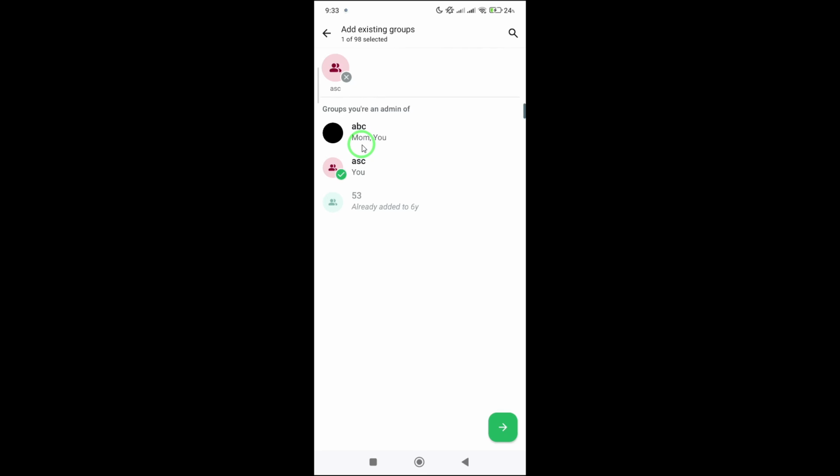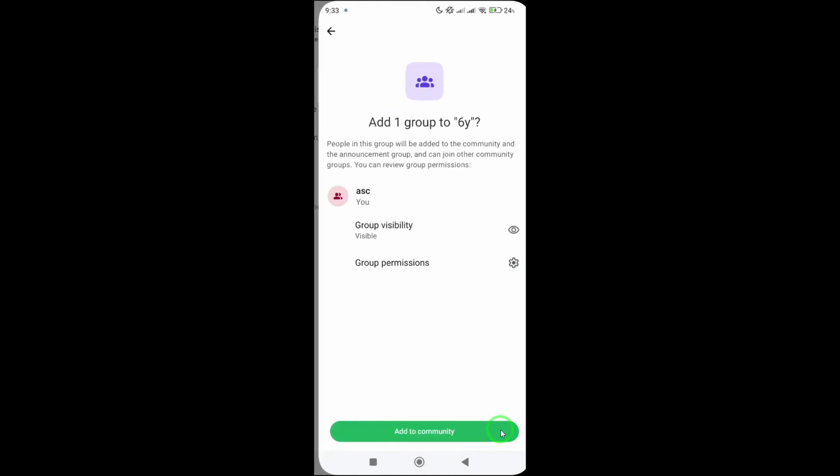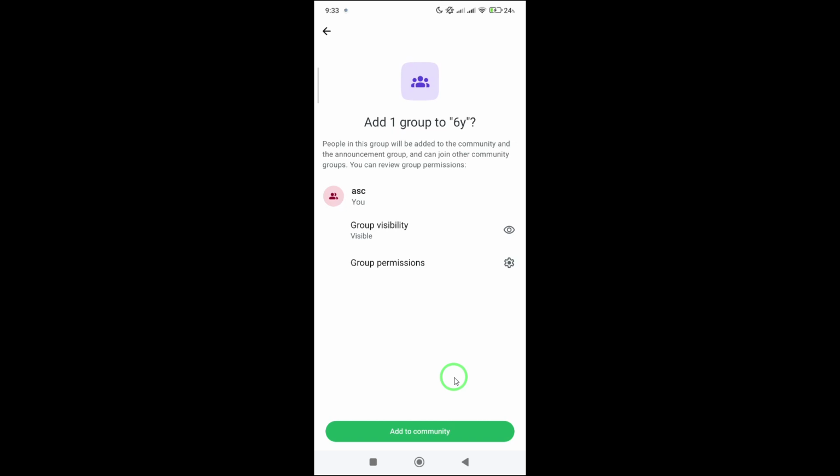Next, select the group you want to add. Once you've chosen the right one, confirm your selection to finish the process. WhatsApp will instantly link that group under your community, giving all members easier access to updates, announcements, or discussions related